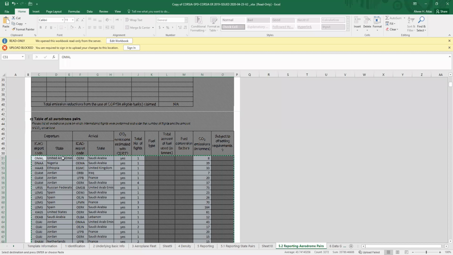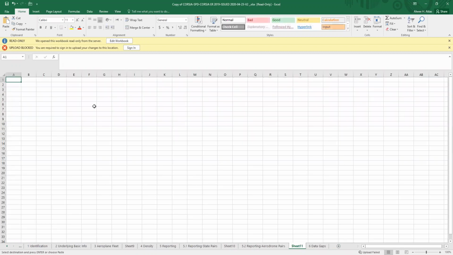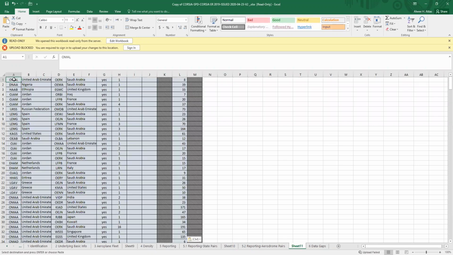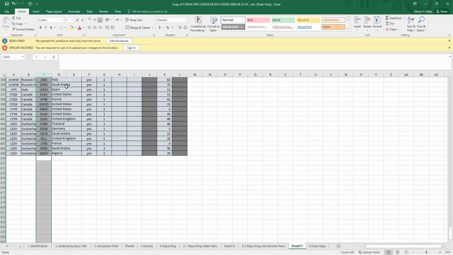Here we have 1, 2, 3, 4, 5, 6, 7, 8, 9, 10, 11, and 12, which is the operator. So now again, we right click here to have a copy, find one empty page, and paste it. Now we start with the cleaning. The first one we have is a 1A, which is one column. The B has, the United whatever, has two columns, so we have to get rid of one. And the same thing, we have the